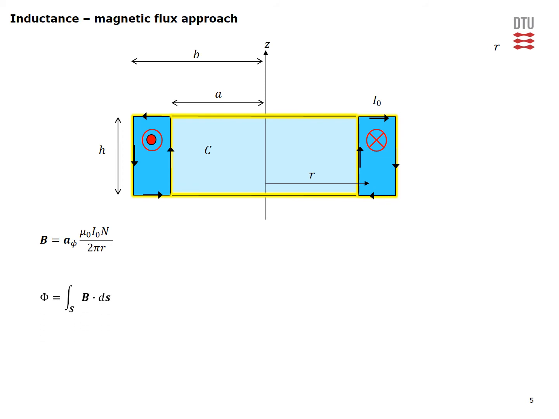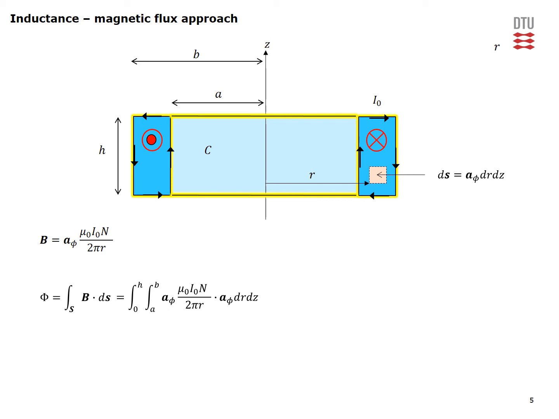The flux is of course the surface integral of our B field, where this rectangular surface is the surface of interest. ds is a small differential surface area which is directed in phi direction, and in this coordinate system where we have a radial direction in this way and z direction upwards, this one would be the product of the r and the z, and as I said, it will point in phi direction. We can now plug it in our equation for the magnetic flux,